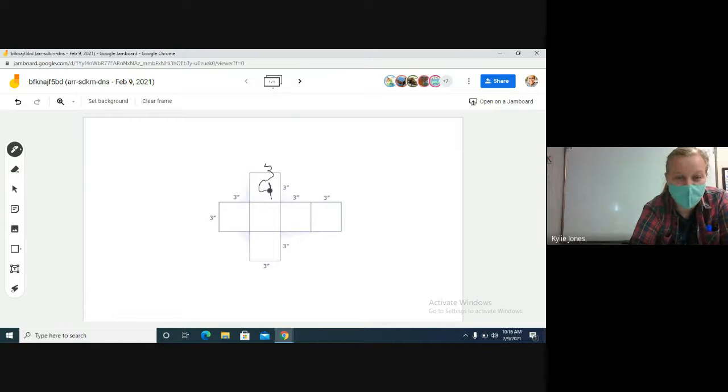So if this square is 9 inches squared on the inside, how much is every other square? 9. They're all the same size. So the area of each of these